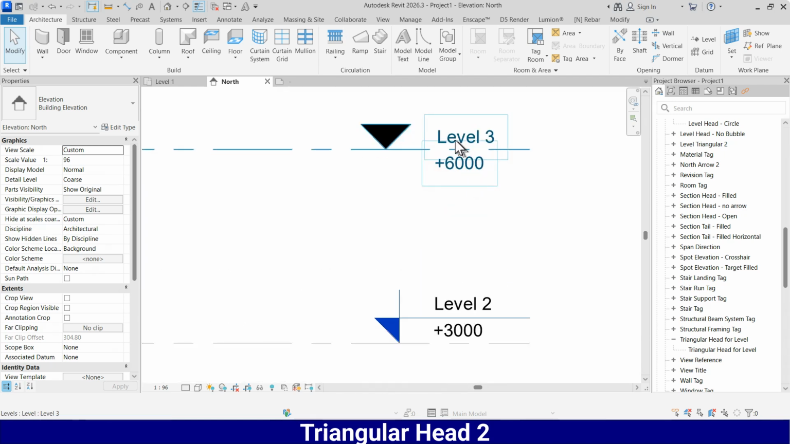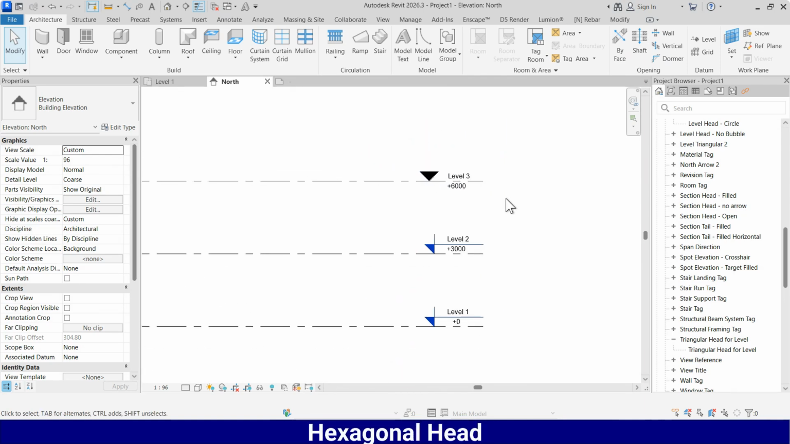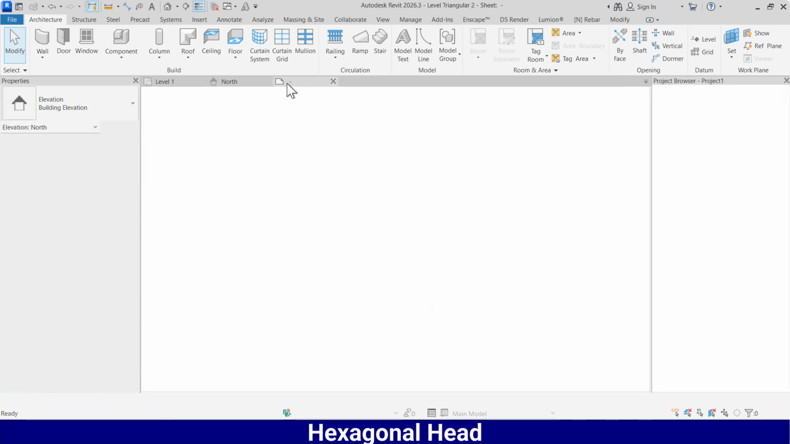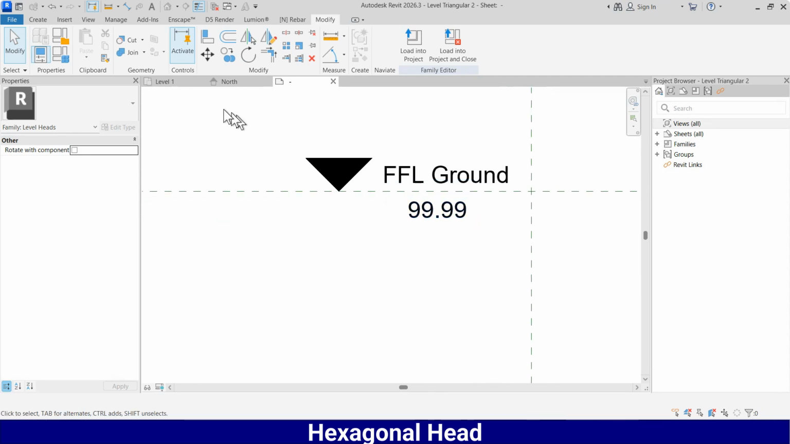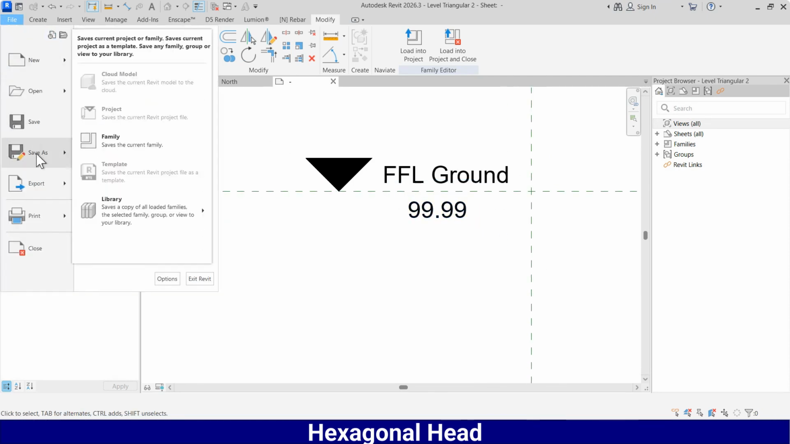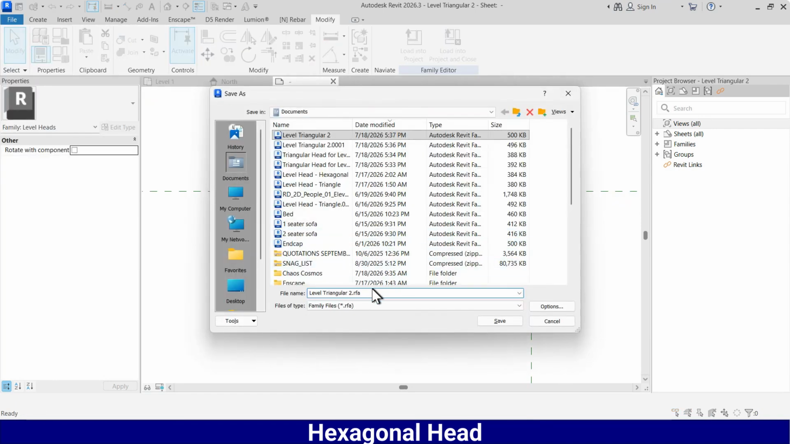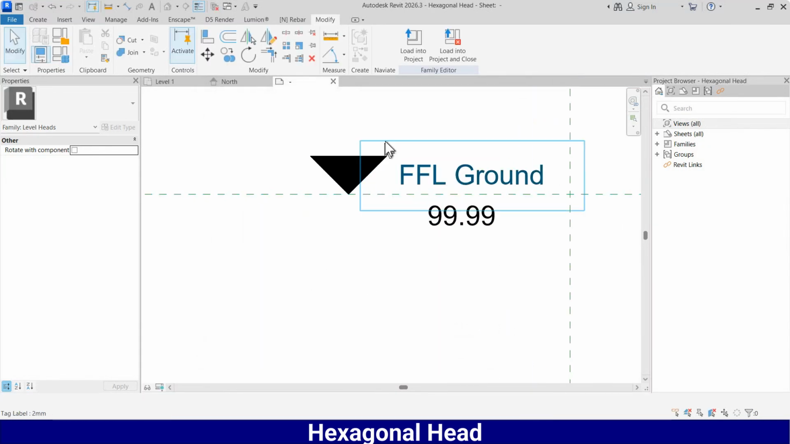You can edit it and you can change the position of the level and the name. Now if you want another one with a different shape, you can experiment. Go to this and make it save as family, and I need maybe hexagonal head, save, and now delete this, sorry, delete this,